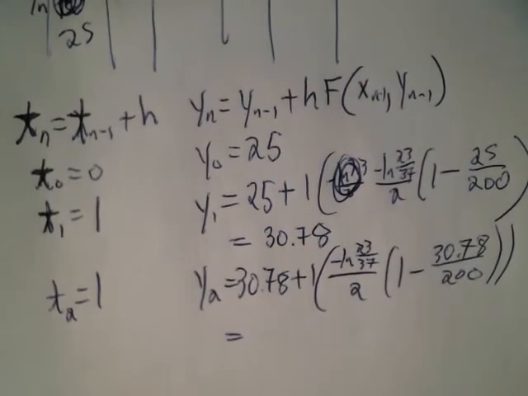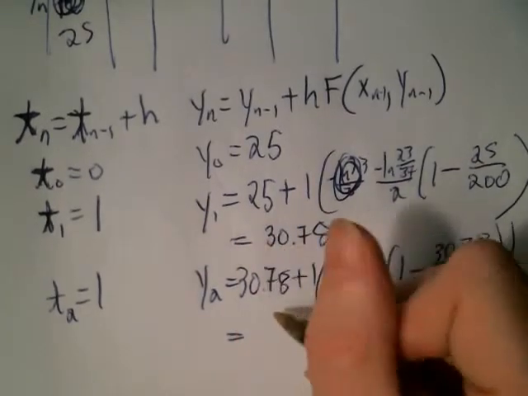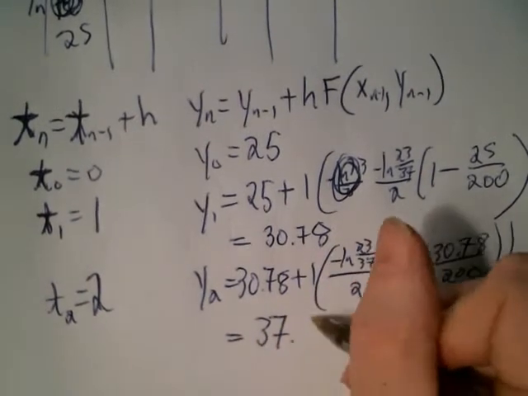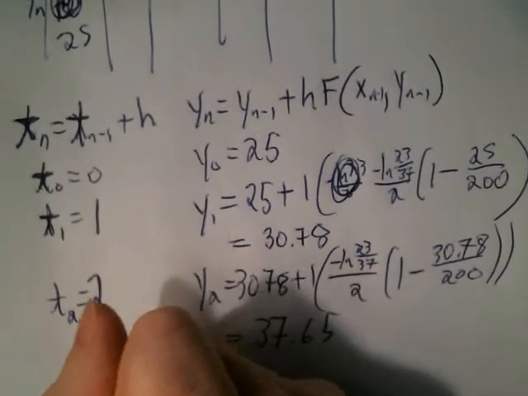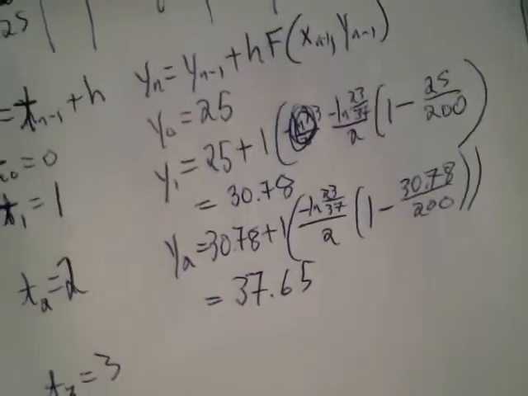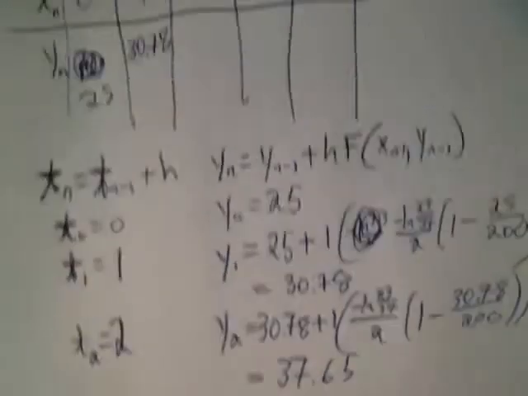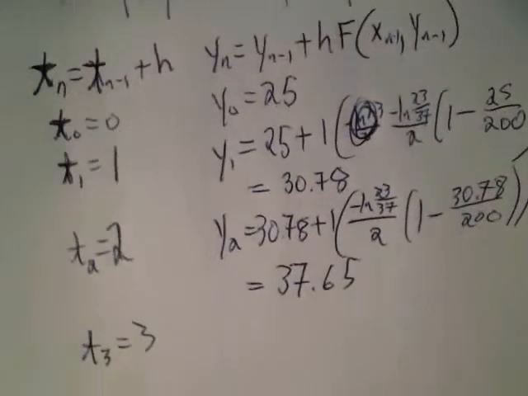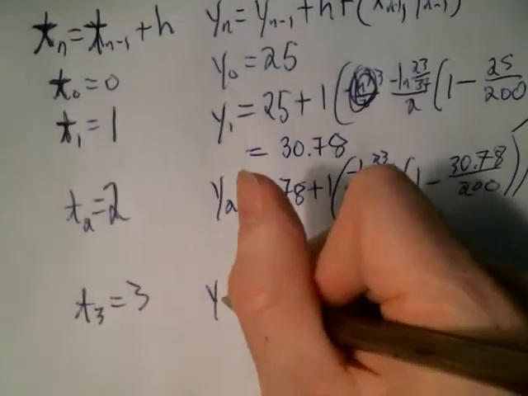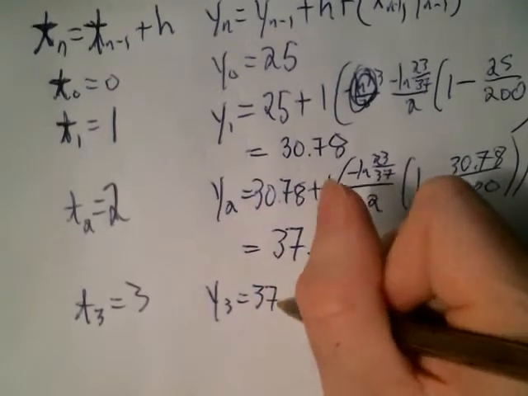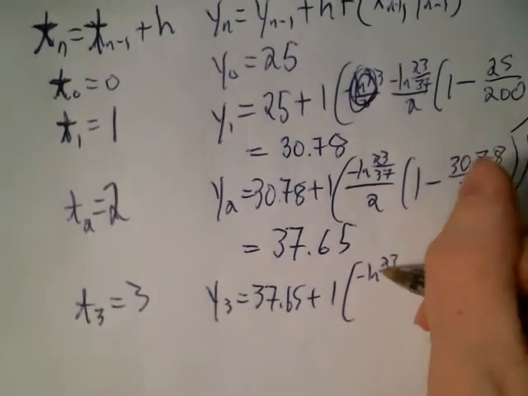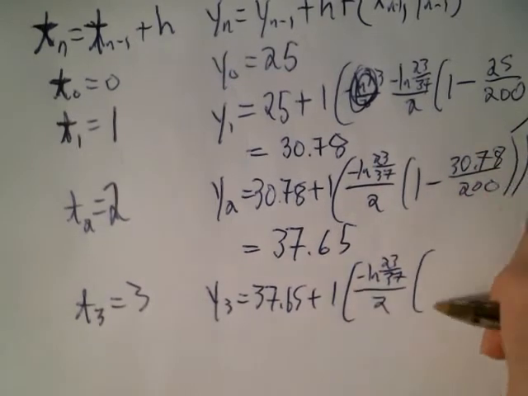And I believe we get 37.65 for that guy. And this t sub 2 should be 2 now. 37.65. And then t sub 3 will be 3. Okay, so go back to my chart. I got 37.65. When t sub 3 is 3, I get y sub 3 is 37.65 plus 1 times negative ln 23 over 37 all over 2 times 1 minus